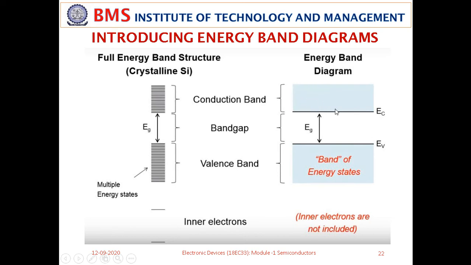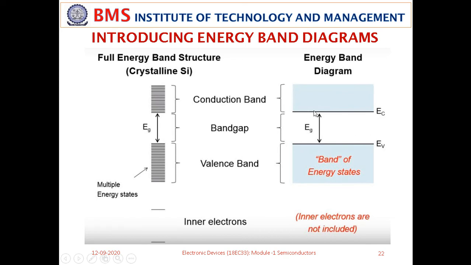Any electron present here in the conduction band can start conducting; it can move anywhere in the material. Okay, so it's free, totally free. Whereas below EV, we have energy states which are completely filled with electrons, and moving an electron from EV to EC requires you to supply an amount of energy equal to EG.